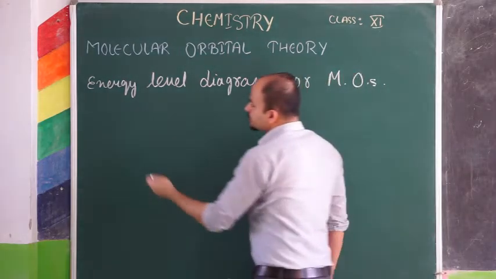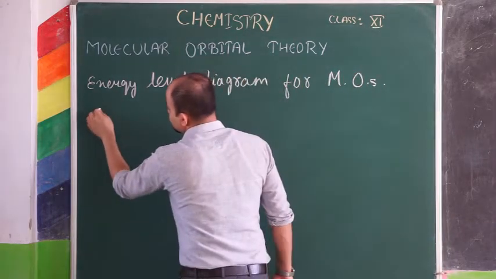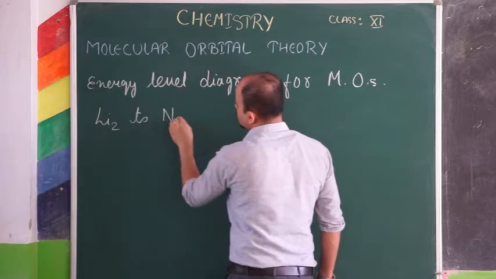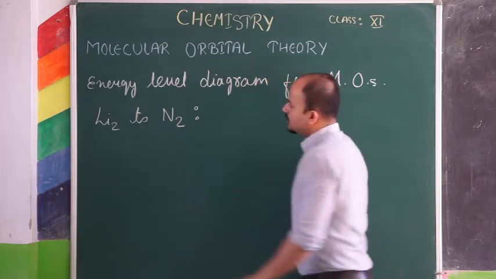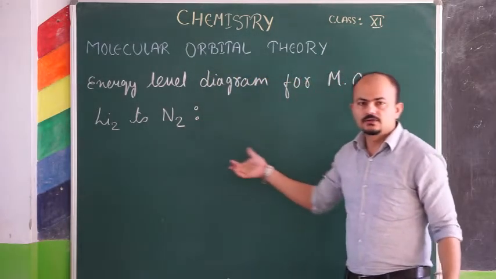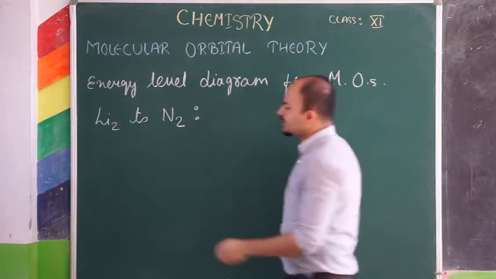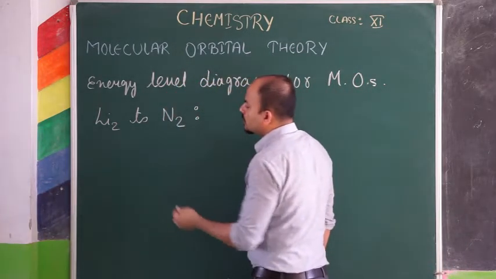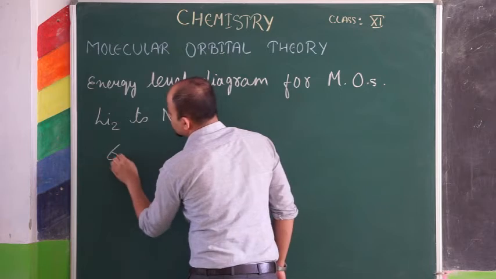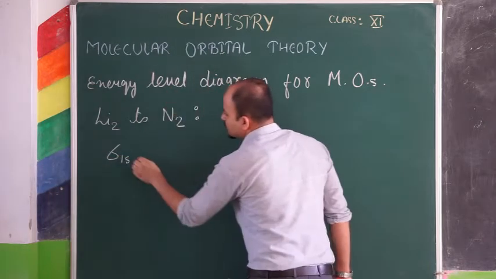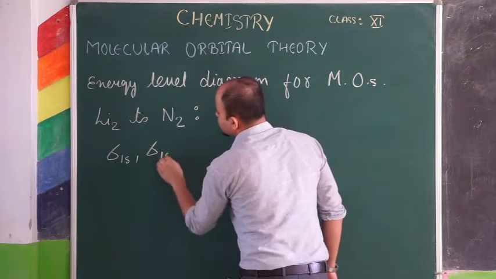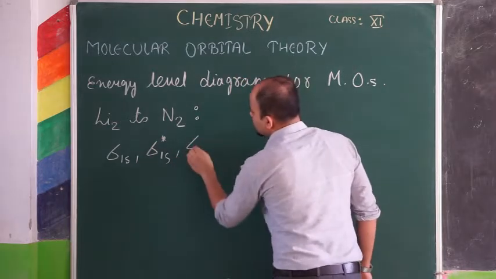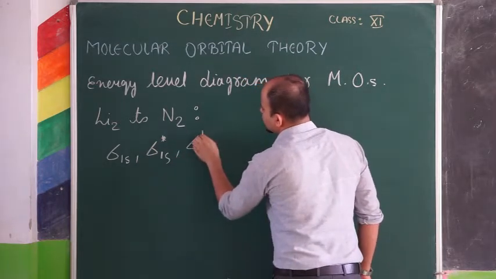From hydrogen, or we can say lithium to nitrogen, we have a sequence of these molecular orbitals. The lowest energy level molecular orbital is sigma 1s, then comes sigma 1s star. Similarly, after that we have sigma 2s,